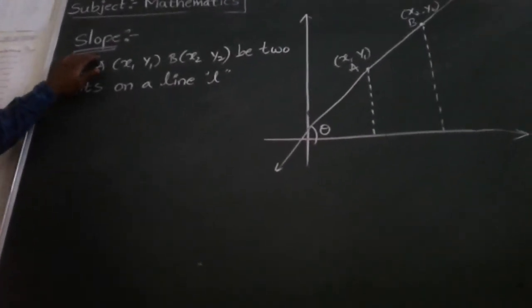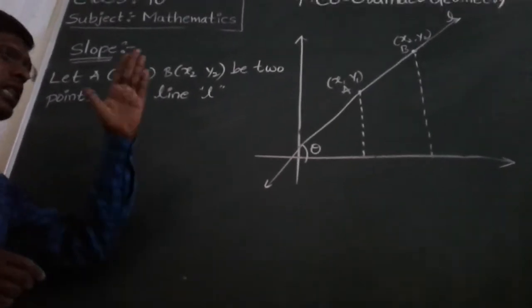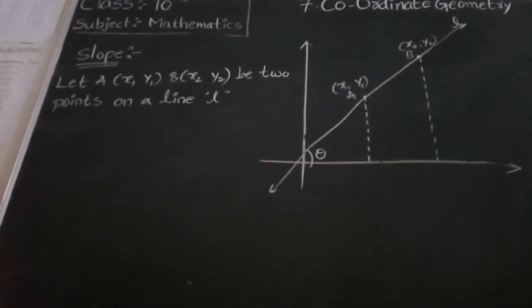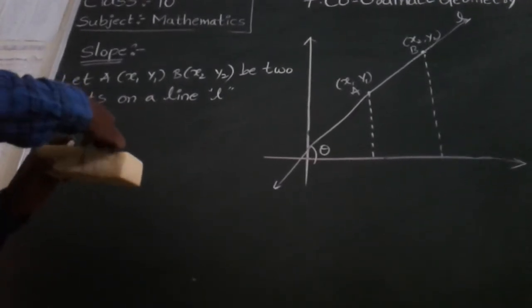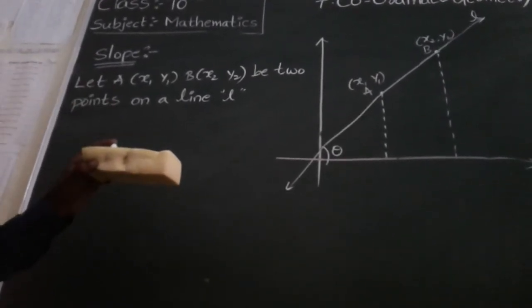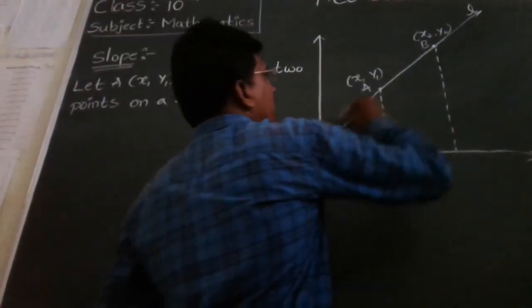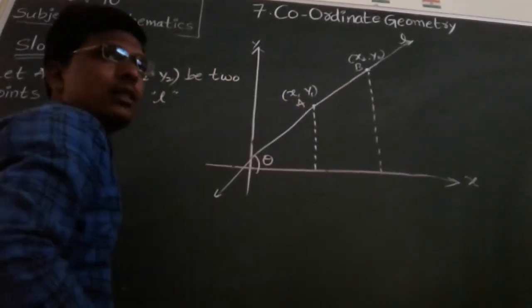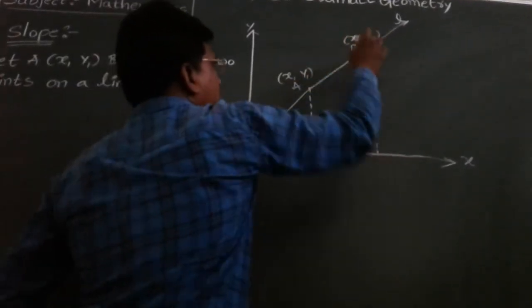And the last topic in coordinate geometry is slope. So what is meant by slope? If any line is in a slant position, it makes an angle with the ground. Suppose this is the ground and the chalk piece is in a slant position, making an angle with the ground. So here the ladder or the chalk piece is in a sloping manner. Here the line L is making an angle theta with the x-axis, and these 2 points, A (x1, y1) and B (x2, y2), are located on line L.